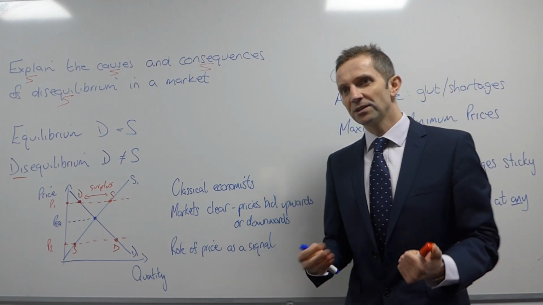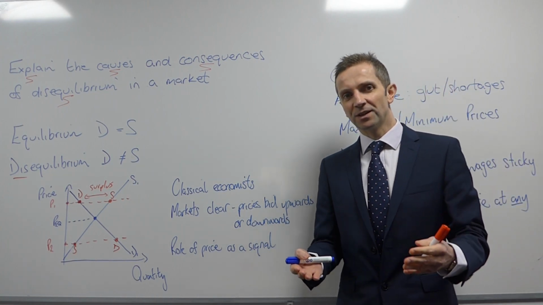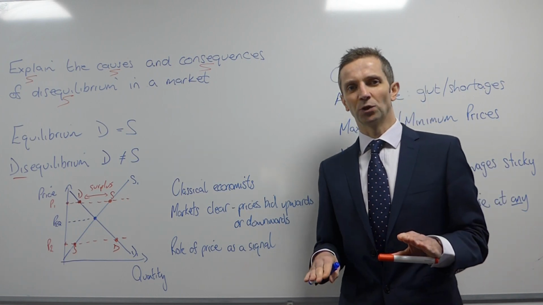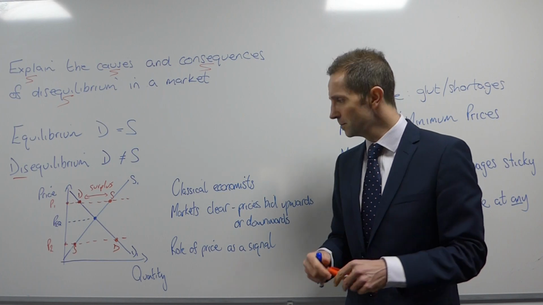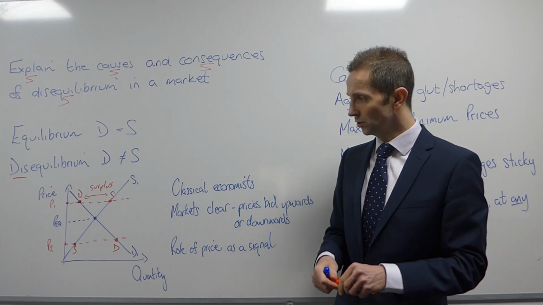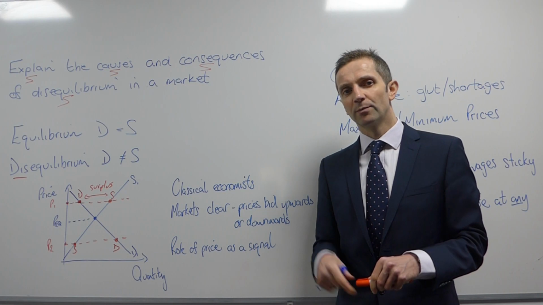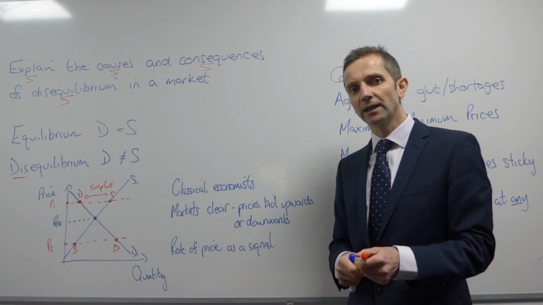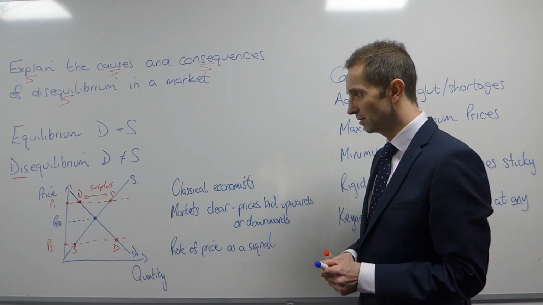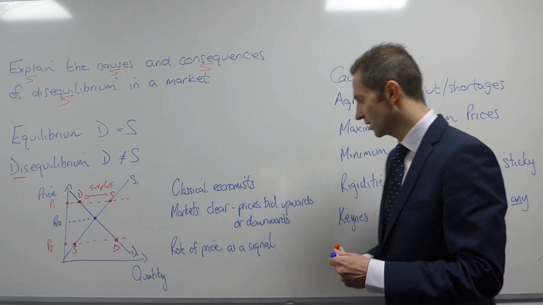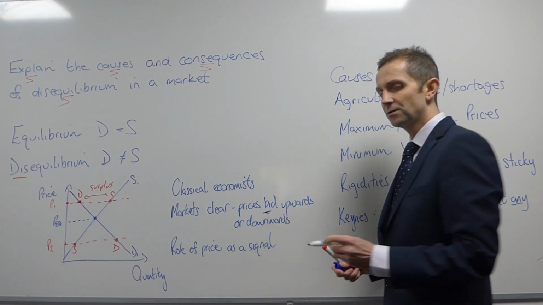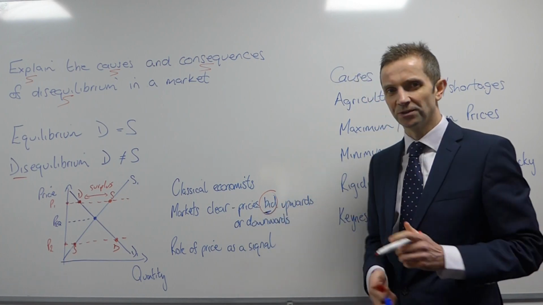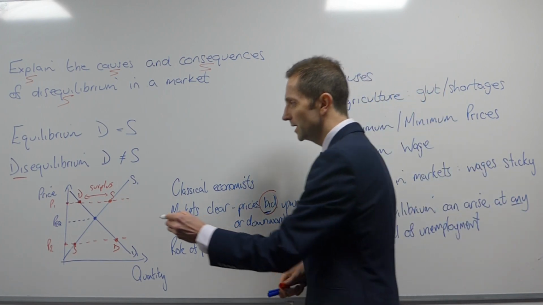Now, if you think about this rationally and put yourselves in the shoes of a businessman or woman, you will know, well, if I've got a surplus of goods, how on earth am I going to get rid of them? It certainly implies that the price is too great, and therefore price needs to fall in order to clear the market. That is exactly the analysis we would be considering here. We would consider that prices would be bid, a useful term to use there, upwards or downwards. Prices will be bid downwards,